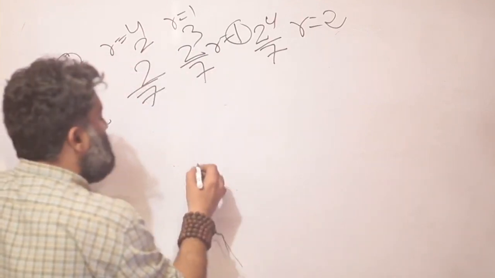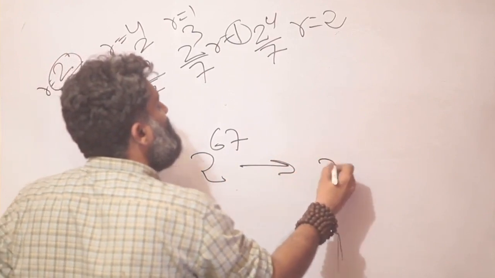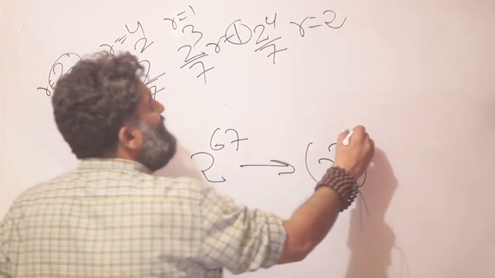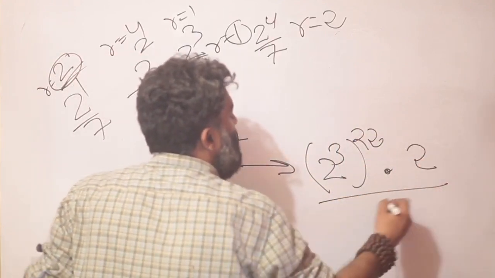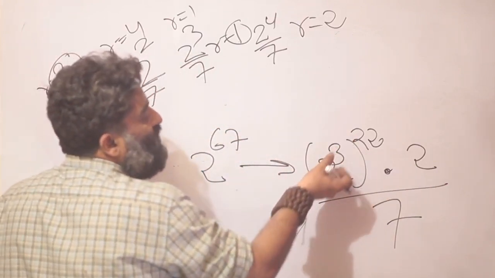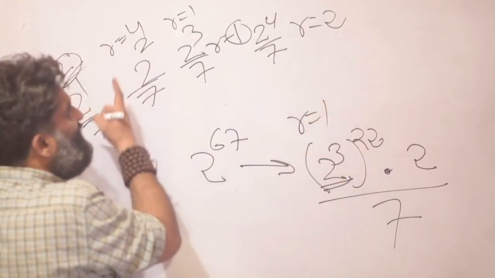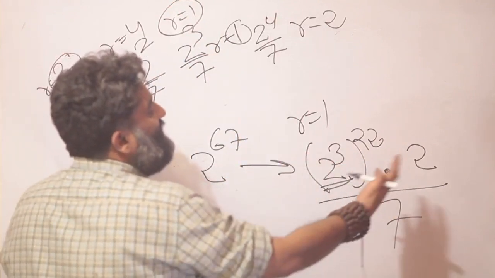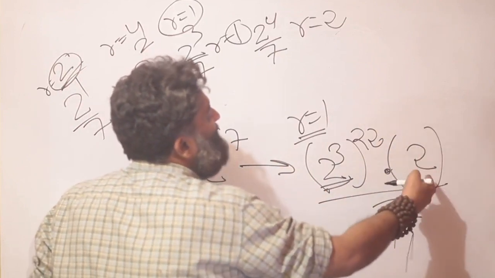That means my next challenge now becomes, which is pretty much the same thing, can I think of 2 raised to 67 in terms of 2 cube raised to something? And yes, I can say this would be 2 cube raised to 22, and 1 2 will be left extra, and this is being divided by 7. We know there are a lot of 2 cubes, each of these 2 cubes is going to give you a remainder of 1. We tried it, we found the cycle. Once we reached a remainder of 1, I'm removing all of them and I get a remainder of 1. But I'll still be left with a 2.